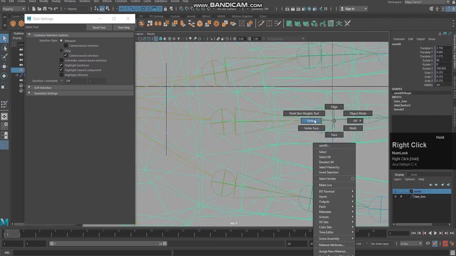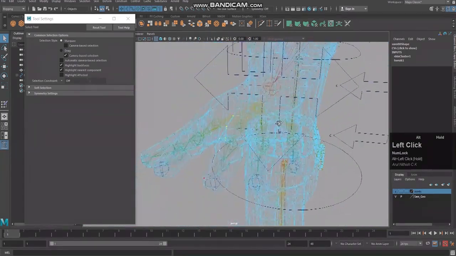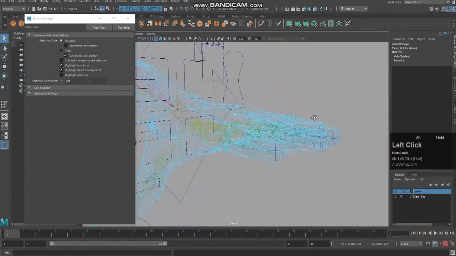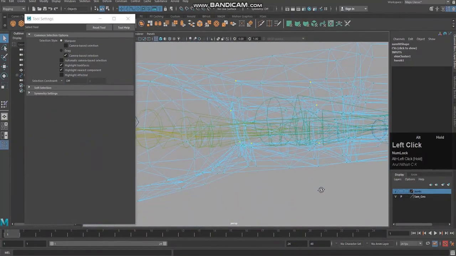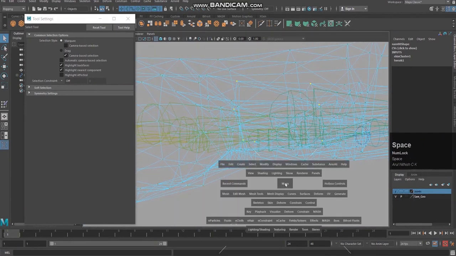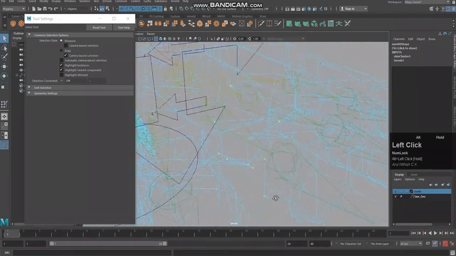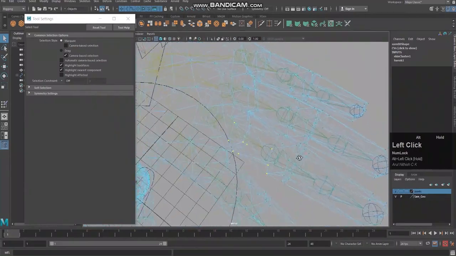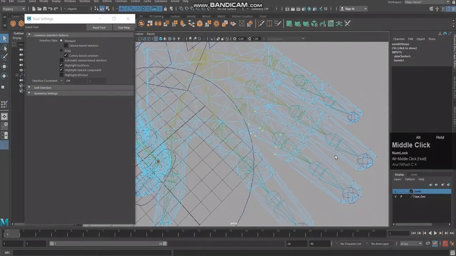Okay, the joints are getting selected, so I'm going to manually select these vertices, this area, these few vertices. And I'm going to remove all the influence of these joints by using some other technique.